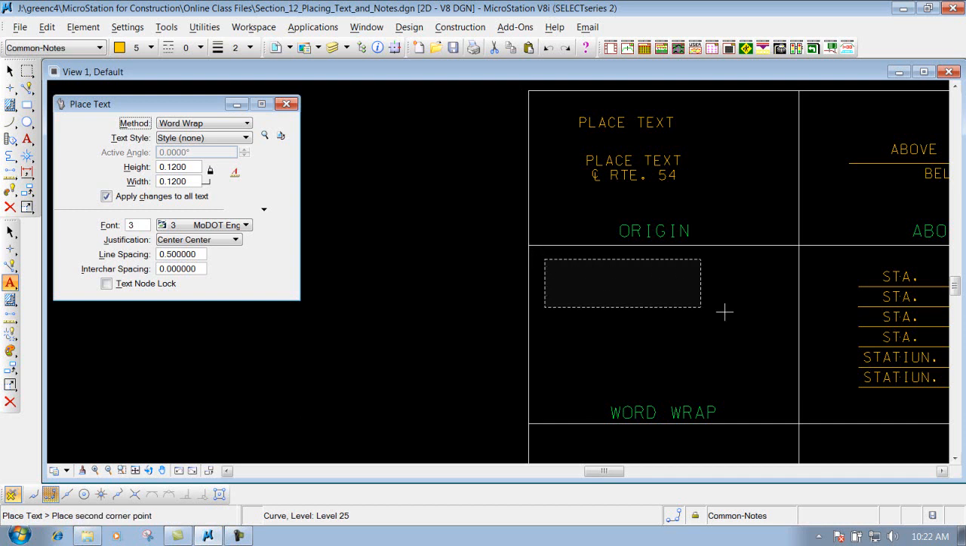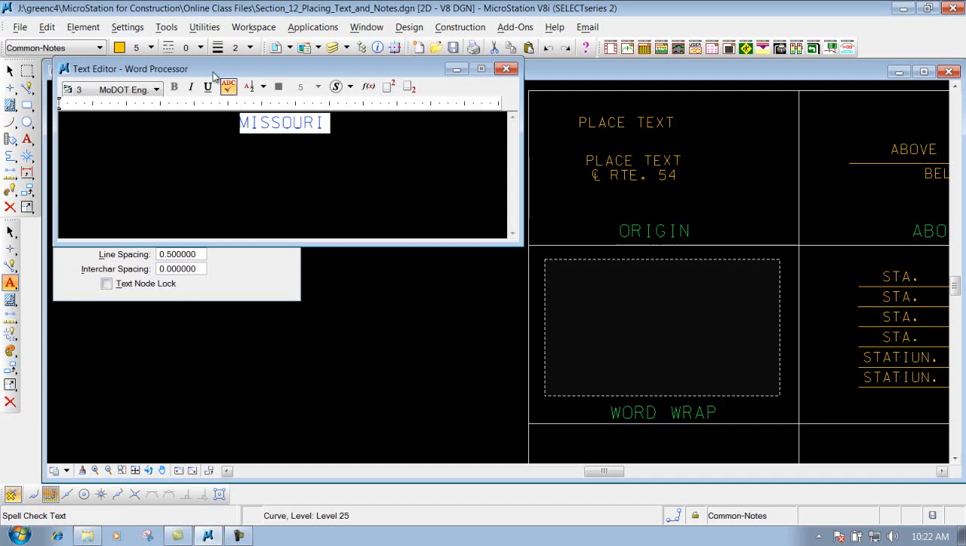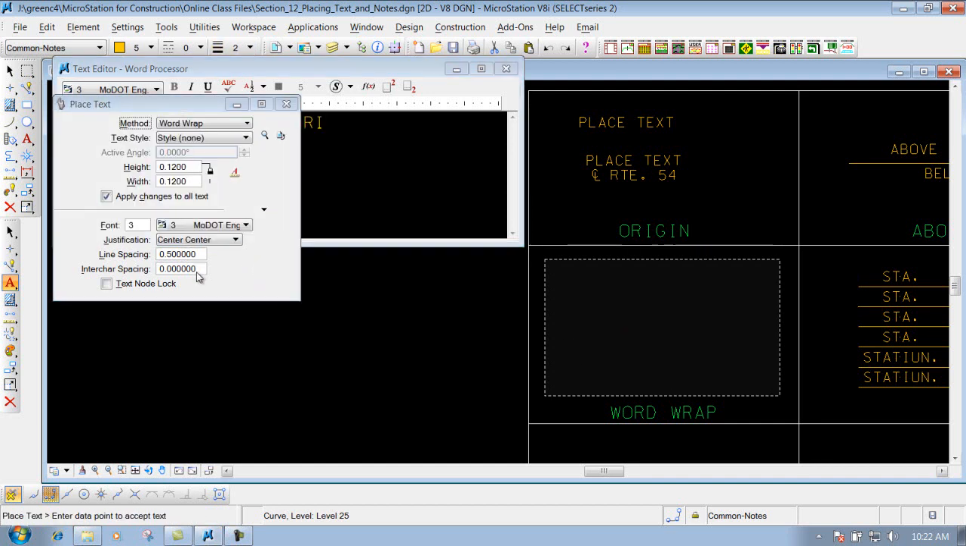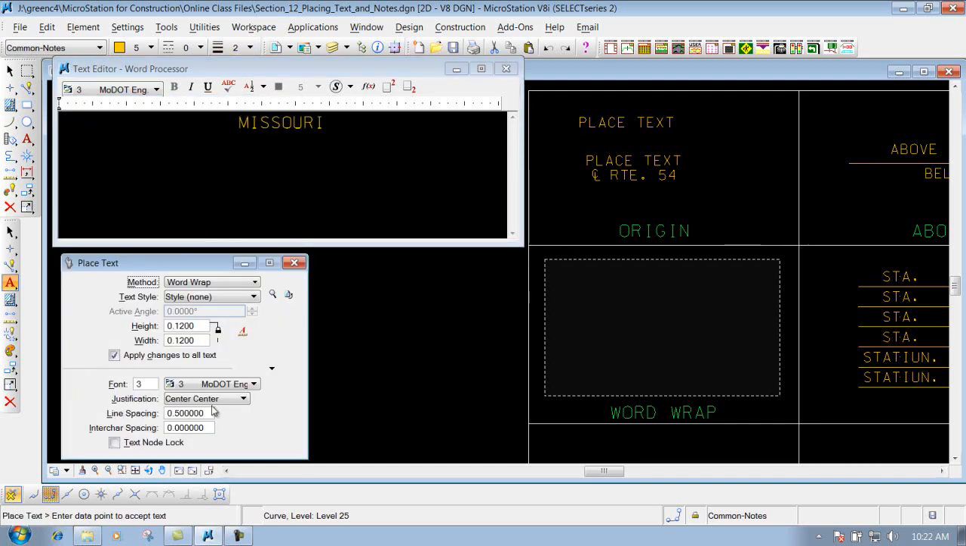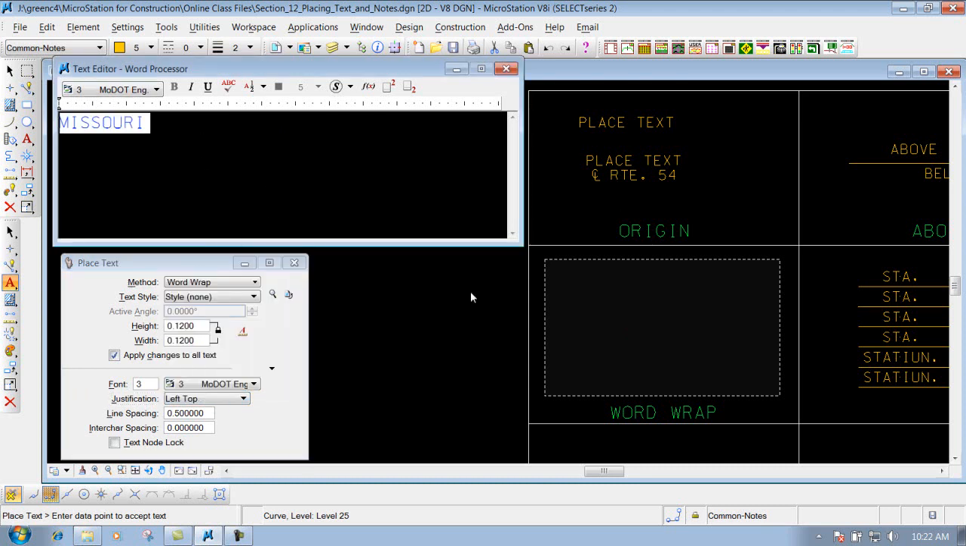Left click once, left click again, and then now whenever I come in here, I'm going to change my justification for this one, I'm going to change it to left, maybe left top. If I come in here and place text,